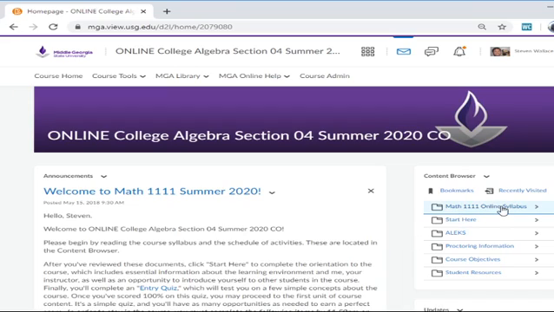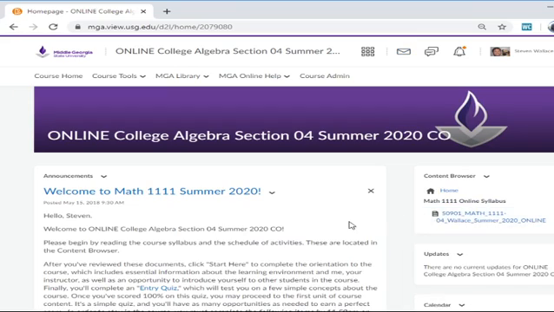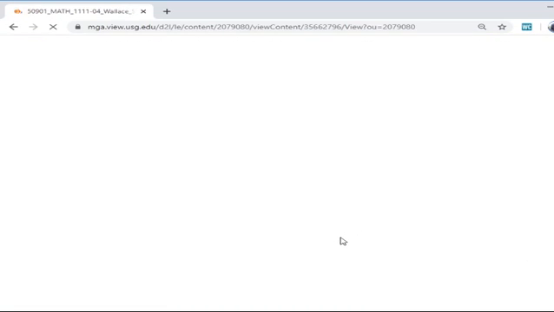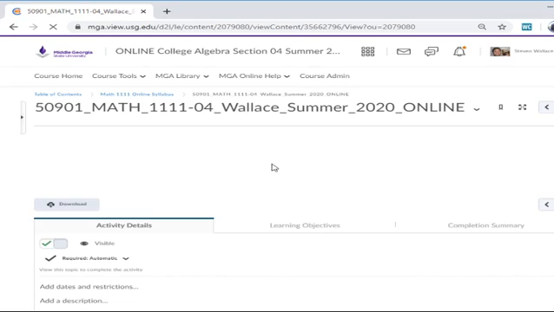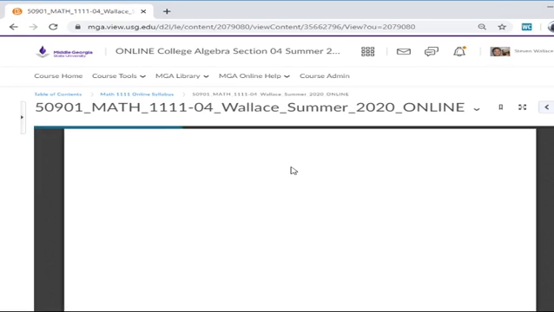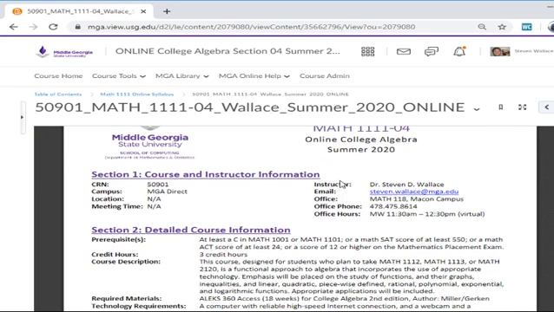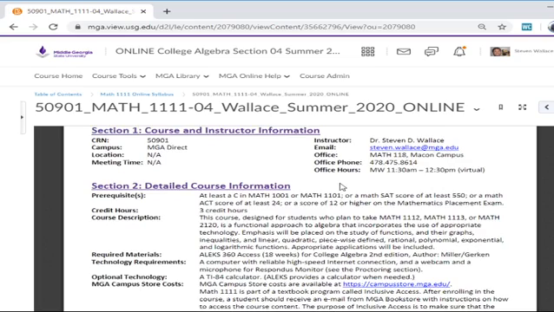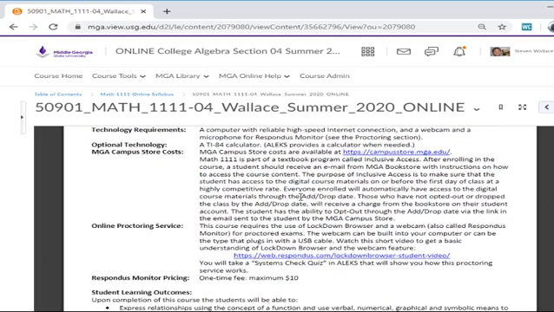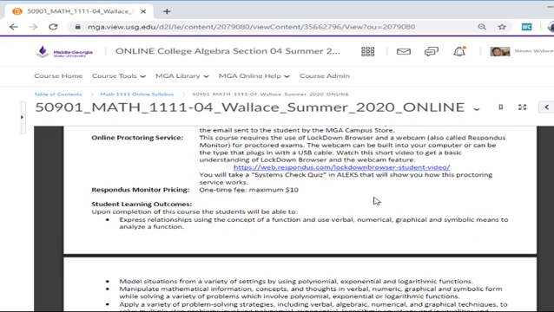Here's where the syllabus is. So you click on here and you can read the syllabus. Since it's a virtual class, online class, I need you to really read and understand as much of the syllabus as you can. If you have any questions, you can post questions to one of the discussion message boards, or you can email me using the email app.